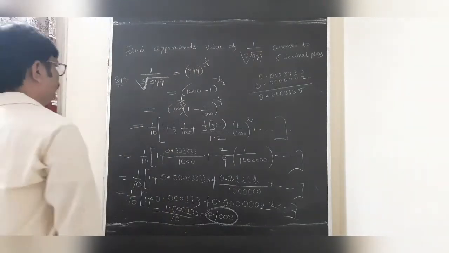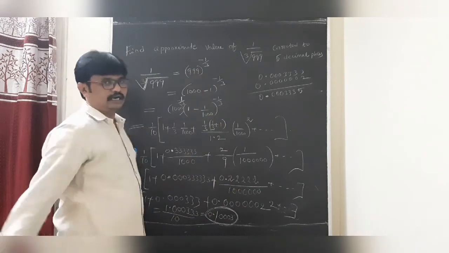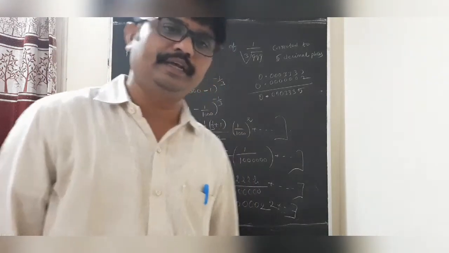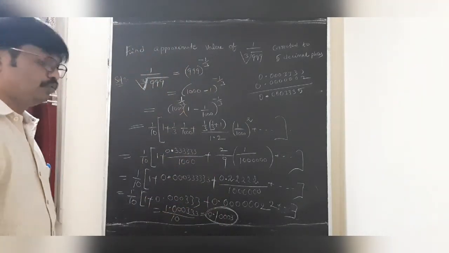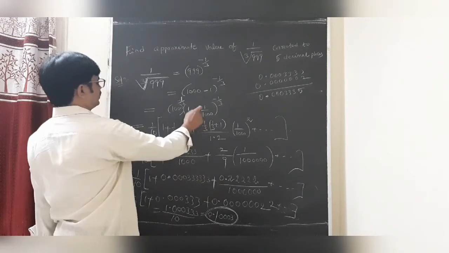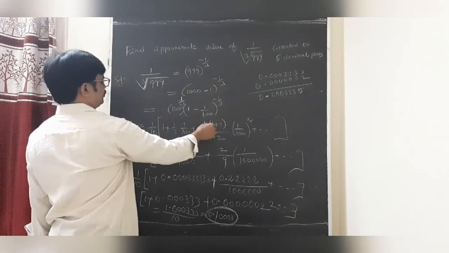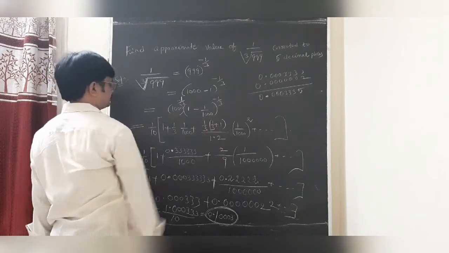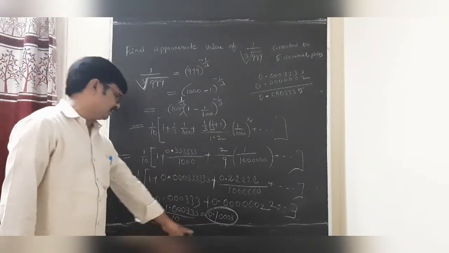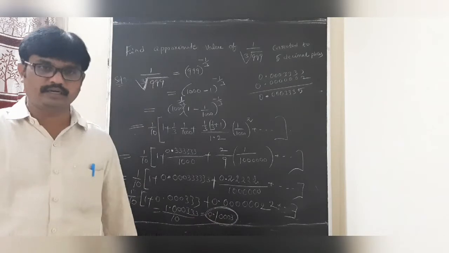So students, how to write this is 1000. Suppose 99 is there. Undoubtedly, they have given root of 99, here root of 999, that is 1000 minus 1. 1000 is common. After that, students, 1 plus nx, n into n plus 1, 1 into 2, x squared. Those are enough. So after simplification we got 0.10003. Okay students, write down.